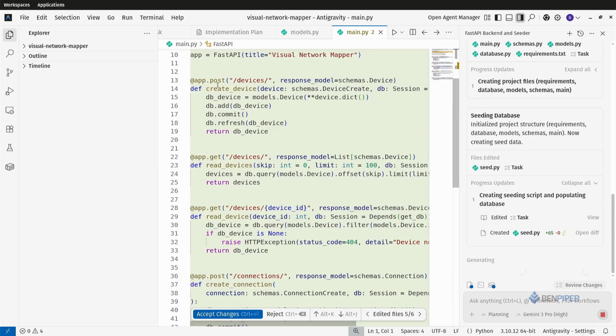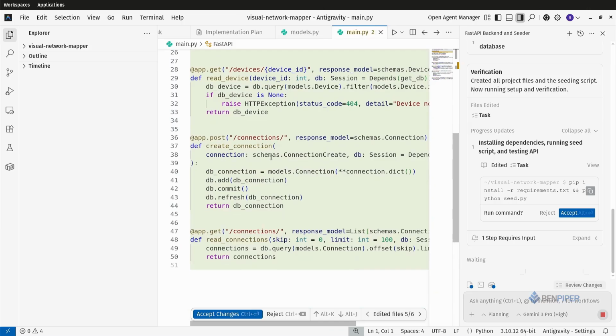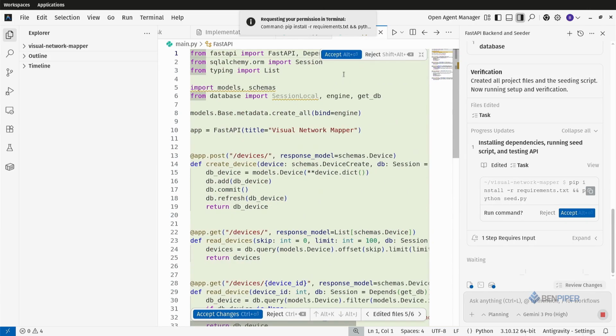We've got creating a device, we can get one device, get all the devices, we can create connections, and get all the connections. So this is starting to look just like a normal FastAPI app. Now notice on the right, it says requesting your permission in terminal. What it wants to do is a pip install against the requirements.txt and then actually